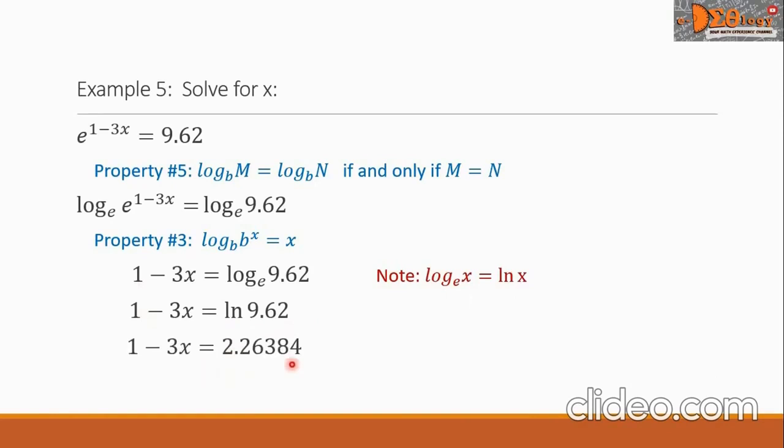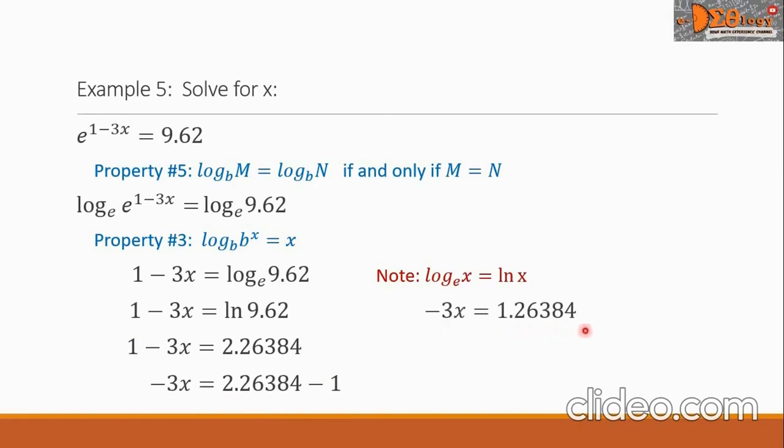So let us now solve for x. This positive 1 we will transpose to the right side. Of course, the sign must be changed. So we have now negative 3x equals 2.26384 minus 1. See here, the positive becomes negative 1. And to simplify further, we will get the difference of the two numbers here. So we have negative 3x equals